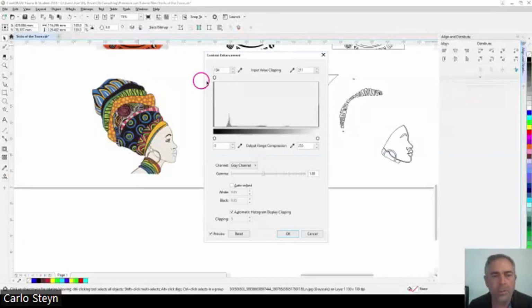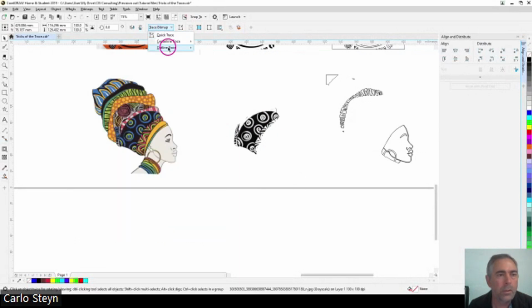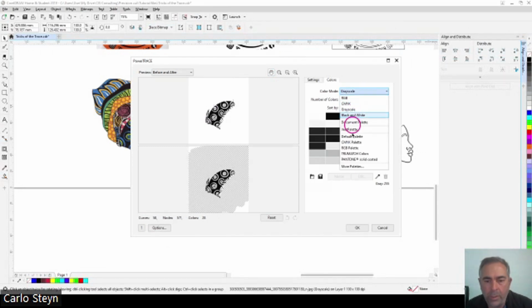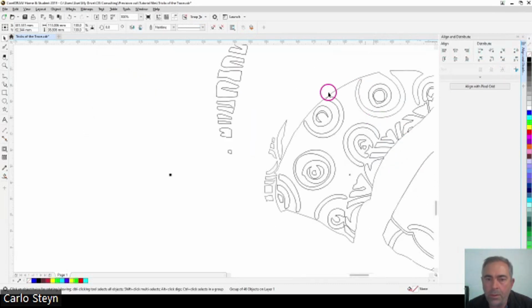So I'm just going to do the same on this one. Just take it to the defaults. And just increase the contrast on that a little bit. And I'm not too concerned about what happens on the outside. At this stage, I want the inside parts. And if we do the trace on that, and we go to black and white, take it there,